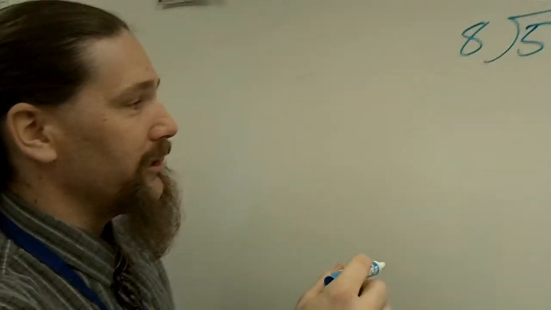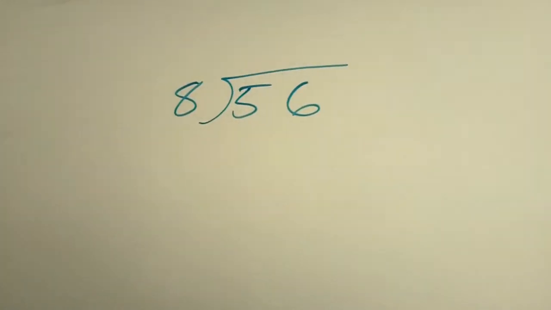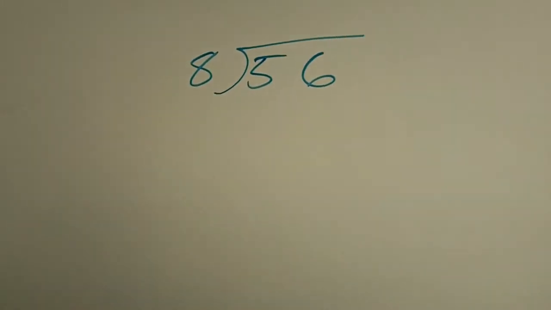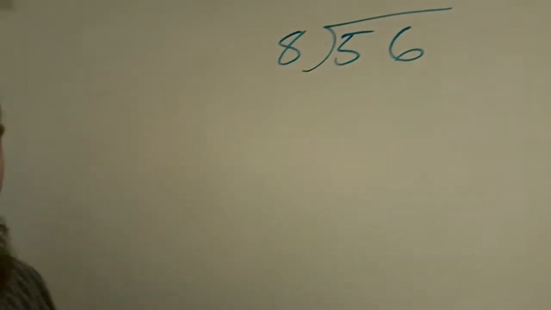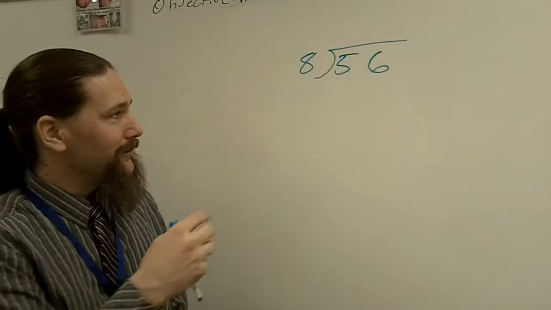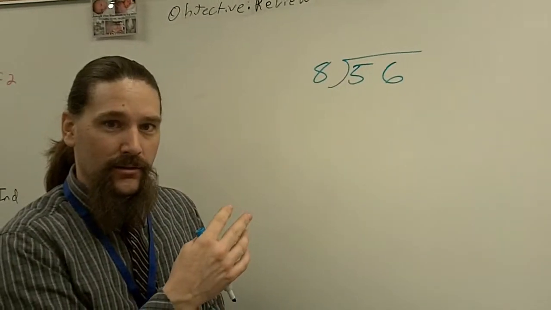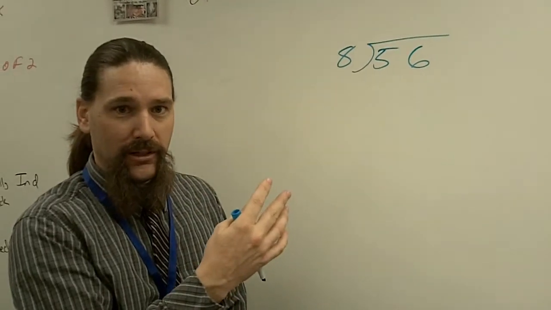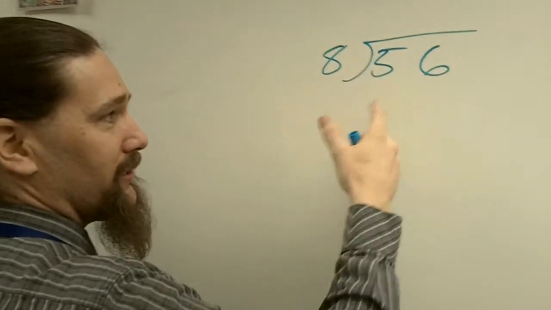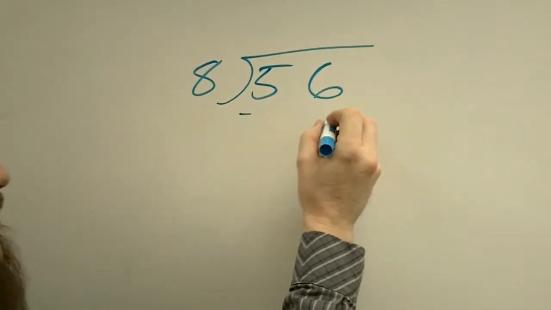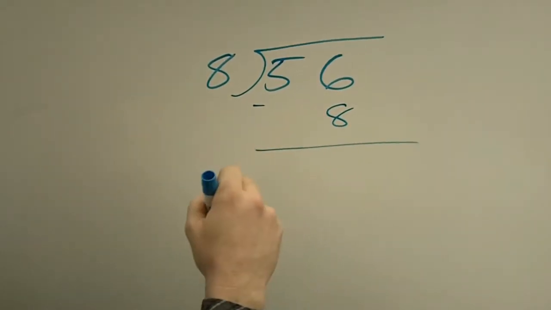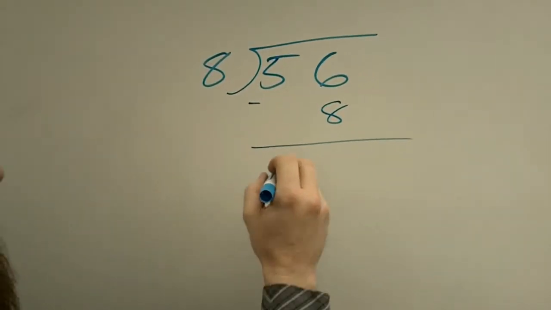So we could write out 56 ones and circle groups of 8 and then find out how many groups of 8 we had. But that's going to take a lot of time and a lot of space on this board, and it would be impractical. So we're going to show another method which we call repeated subtraction. If we start out with 56 here and we just subtract 8, okay, so write down subtract 8, and you would get